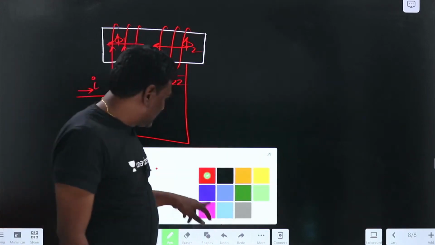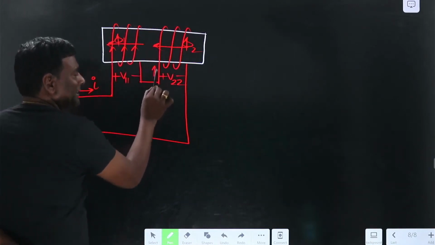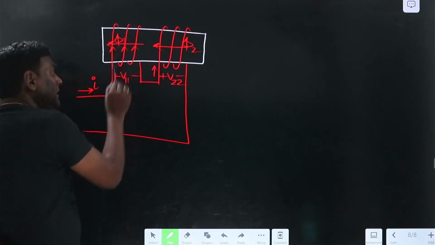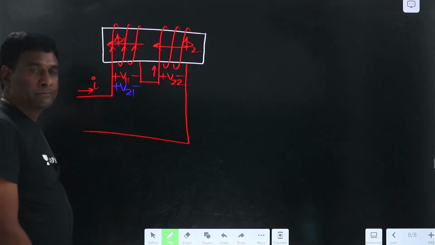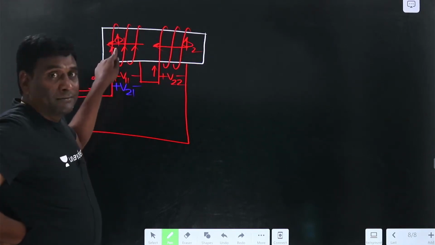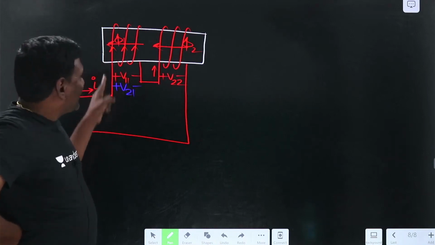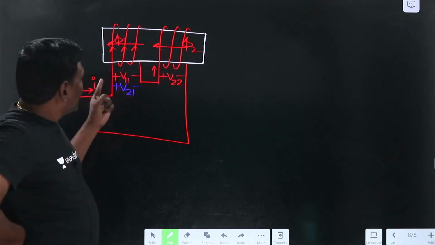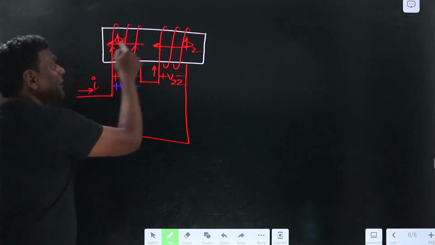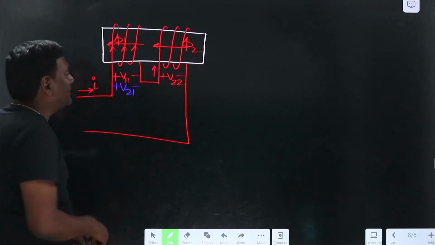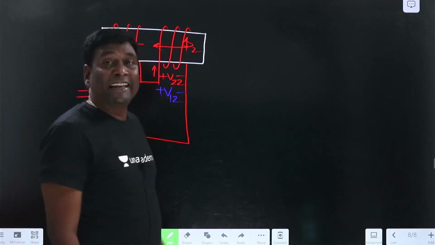Let me take some other color, blue. Now my current is entering here, because of that the net flux here is being increased, meaning the net induced voltage should be increased. So this is happening because of 2 in 1. Because of this current, induced voltage here; because of this current, flux is in this direction, so that phi 1 is aiding phi 2, so induced voltage should be increased, meaning it should be plus minus, this is going to be V12. Now what is L equivalent, if you ask?